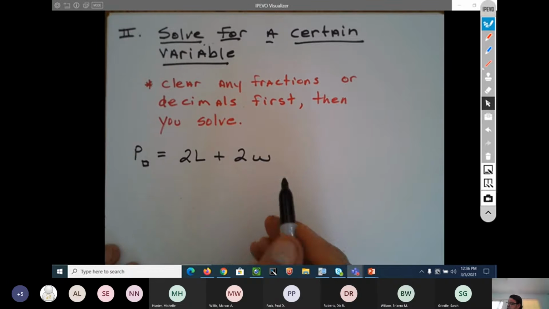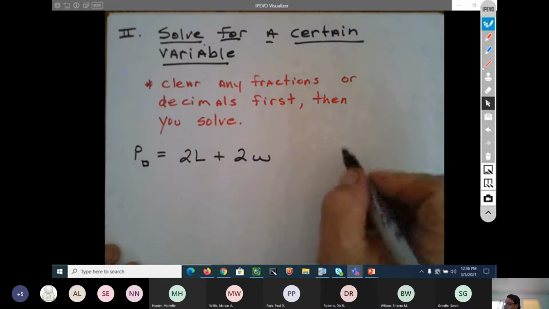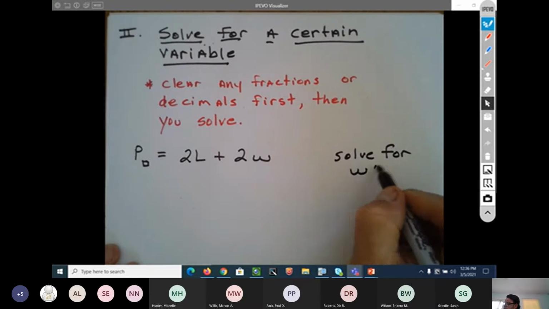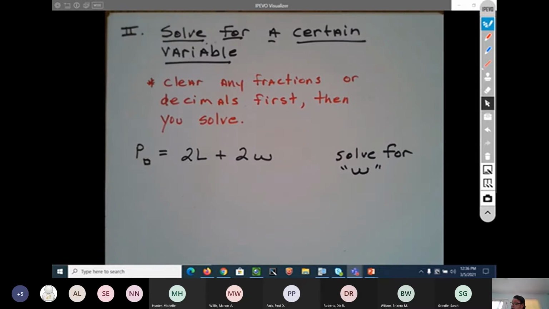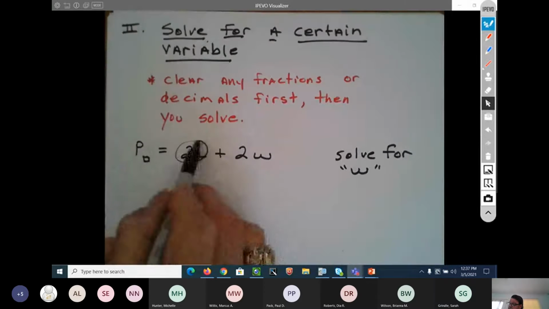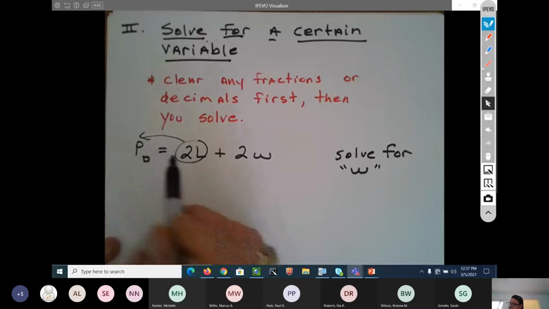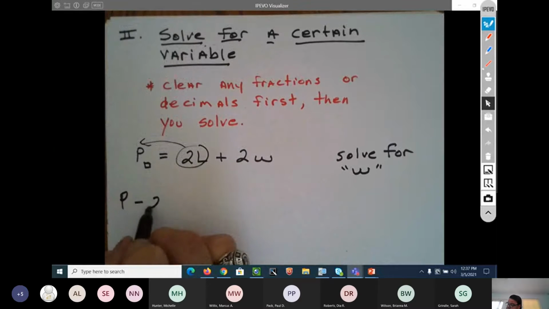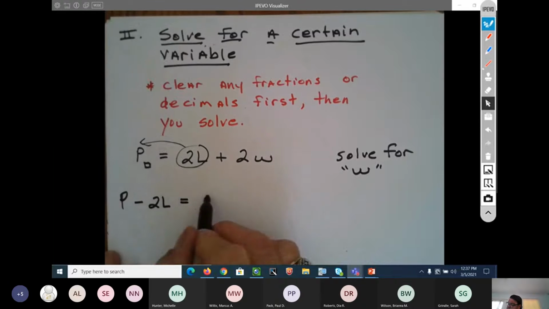All right. So 2L plus 2W, and I want to solve for W. Okay, so I've got to get the W by itself. All right, so that 2L is going to come over here, so I take the 2L and take it across the river, and it becomes a what? A minus 2L. So P minus 2L is equal to 2,